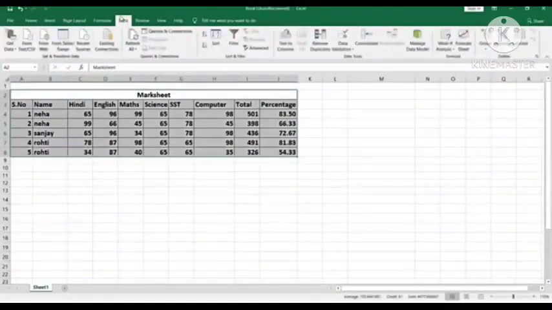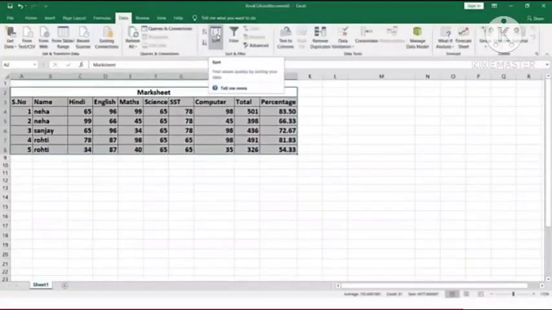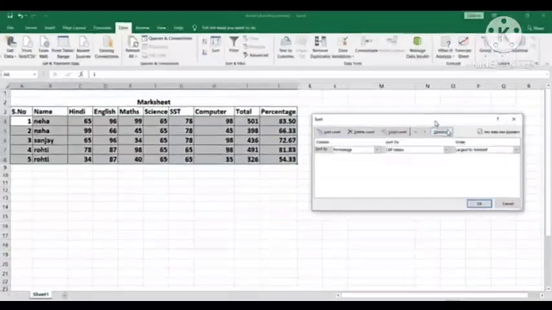You click on the data button in the menu bar, and over there you will get the option of sorting. You click on that sorting button, and once you click on it, you will get a small window on your screen which will ask you what type of sorting you want to do.